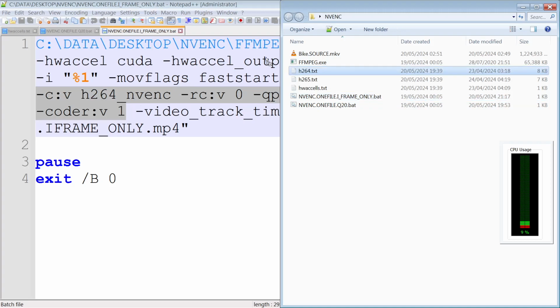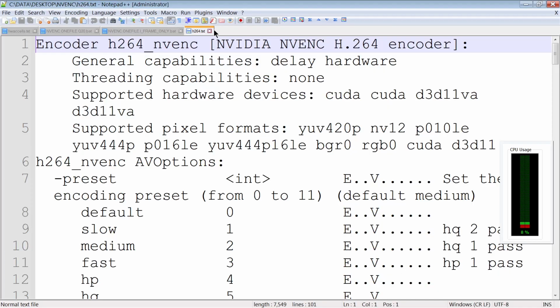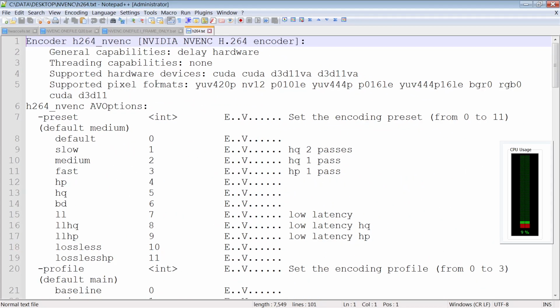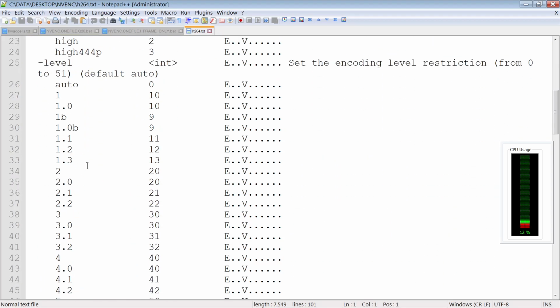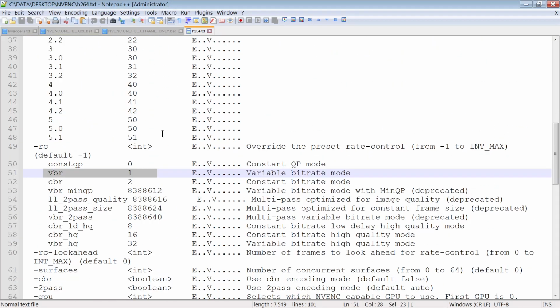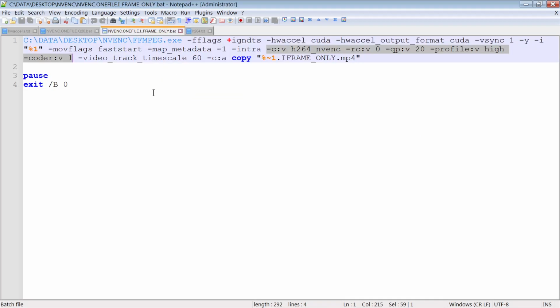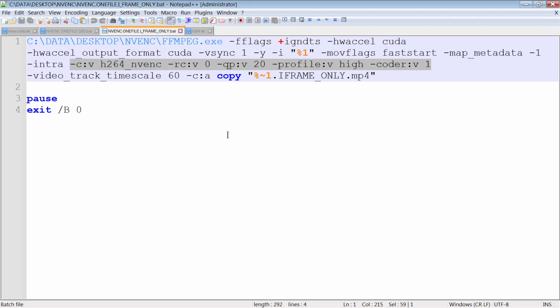So if we open up H.264 here, make this a bit smaller, we can see we've got here all of the options. So if we go back now to the batch file, make this a bit bigger again, we can see, well,